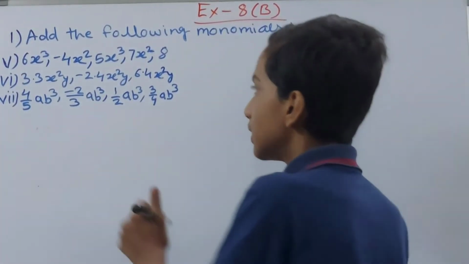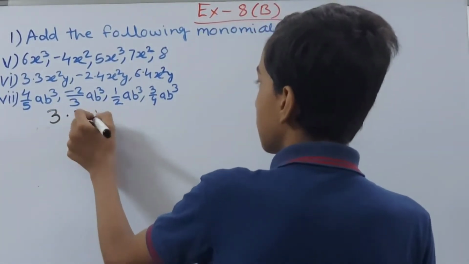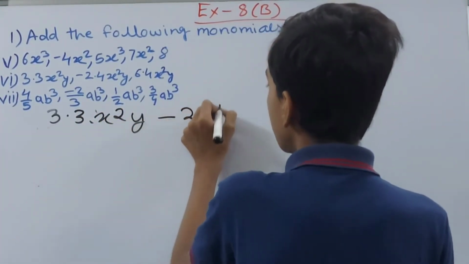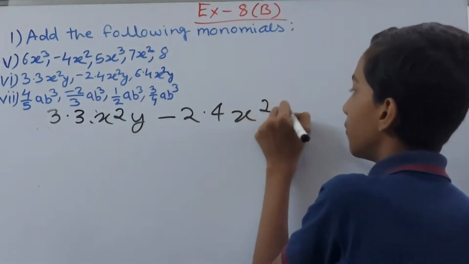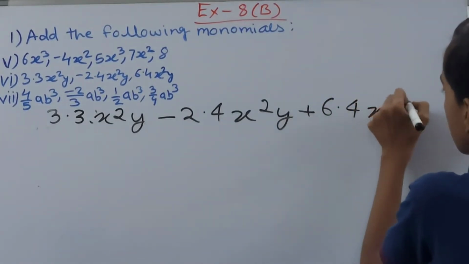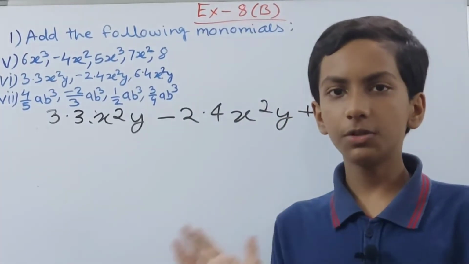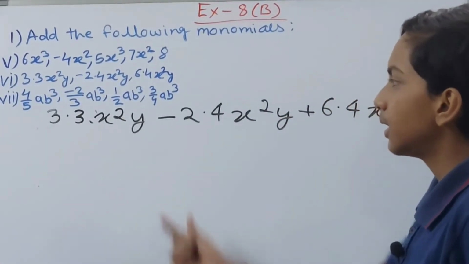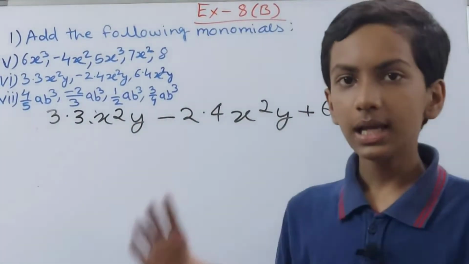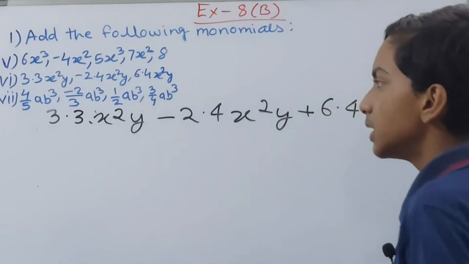On to the next one, it is 3.3x square y minus 2.4x square y and plus 6.4x square y. Now you see in this, again we first of all take the positive. Again all the three terms are like terms here, x square y, all of them having the same variable part. So we take the numerical coefficients first. First we take the positive ones. So we have here